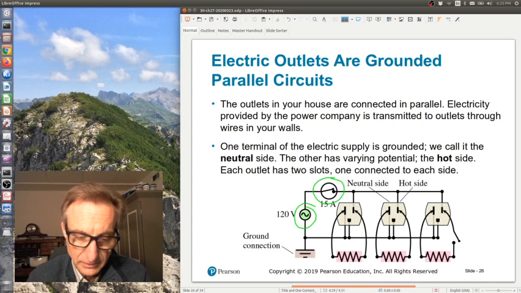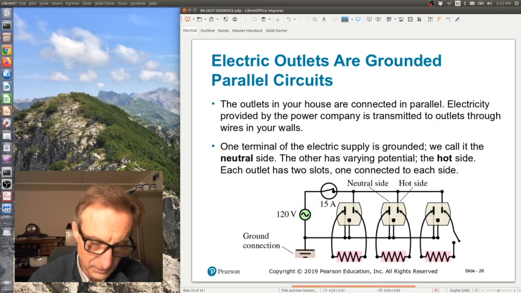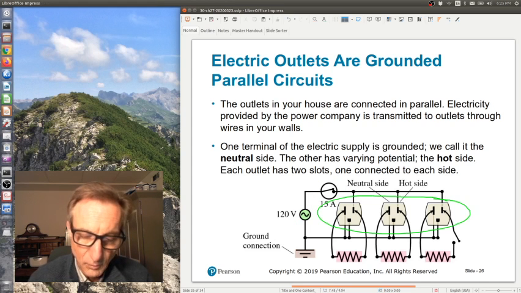A particular outlet typically has a 15 amp circuit breaker connected to it, or a few outlets might all have a 15 amp circuit breaker connected, as is shown in this diagram. And that means that if any one of these or all 3 of these draw more than 15 amps of power from the power company, this switch automatically opens up, therefore disconnecting the power outlets from